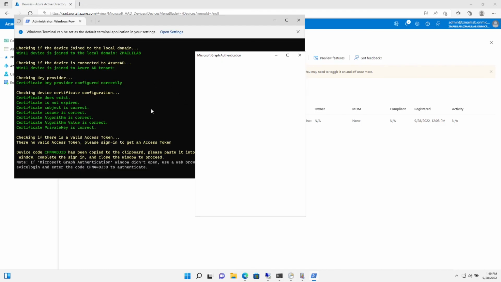Now, the dsreg tool verifies the device itself and verifies the certificate, and here we need to sign in to the cloud services or Azure Active Directory using any account. We can use a normal account here, and the idea is to verify the computer object in Azure Active Directory. So let's try to sign in right now,